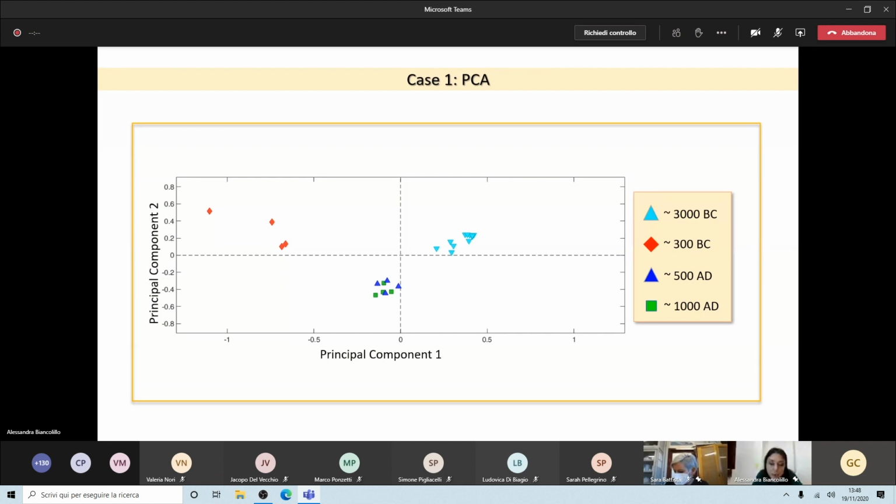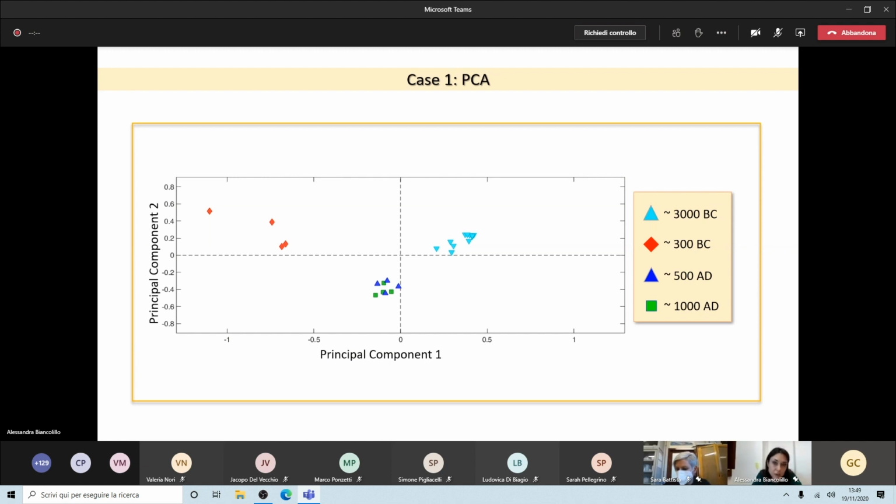In case we want to be sure about the origin, about the age of these samples, what we will have to do is to apply a classification method. This requires that, in that case, we have some other samples whose age is quite sure.